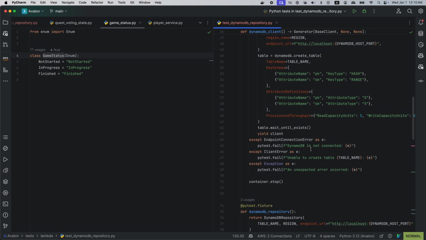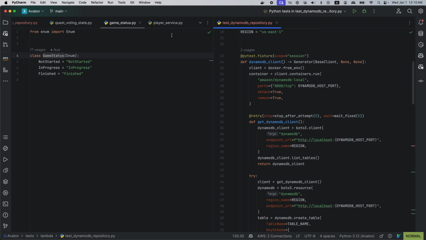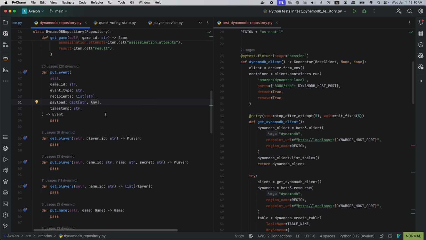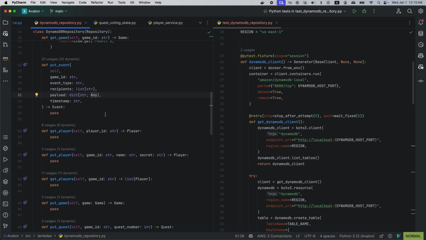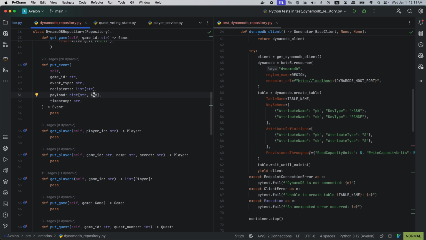So this might seem a bit tedious, but in my opinion, this is really the best way of verifying that we're implementing these things properly.